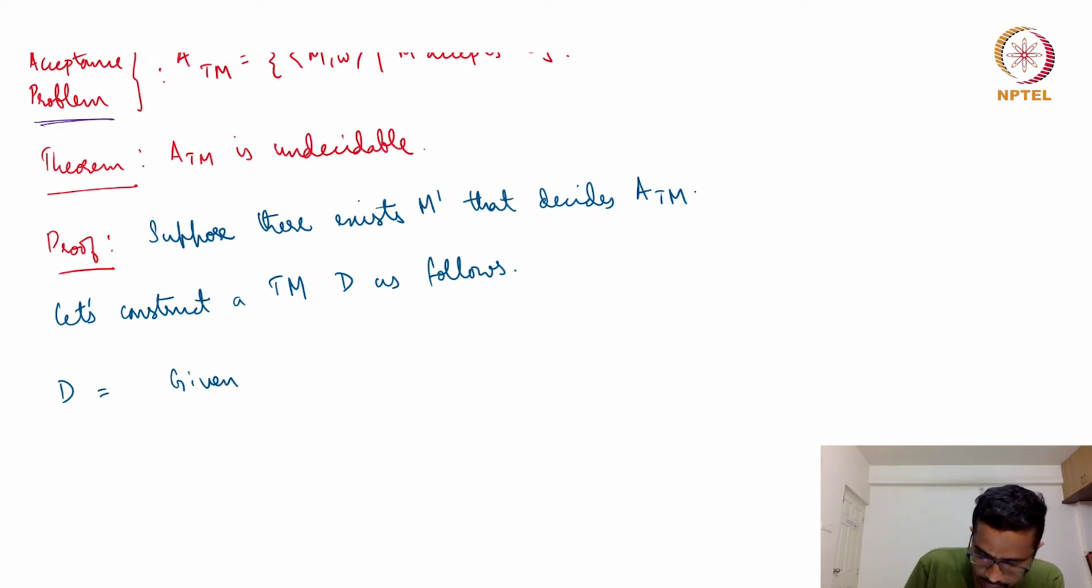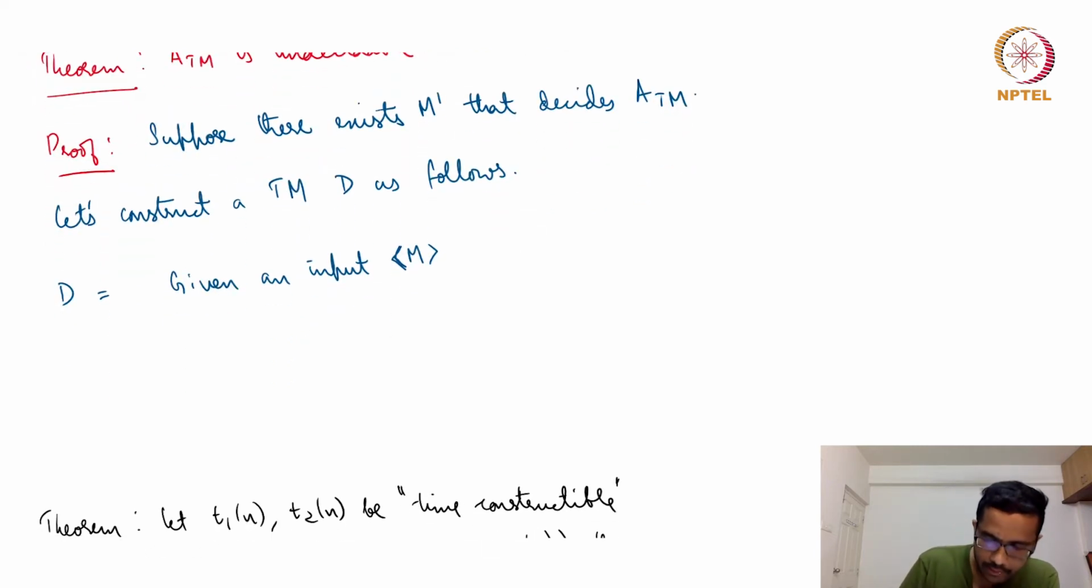Given an input, D just takes one input, which is a description of a Turing machine. So when I write it like this, M with angular brackets, it means I'm giving D the input ⟨M⟩, which is the description of a Turing machine M. So the angular brackets denote it's a description of a Turing machine. What do we do? We run M prime on